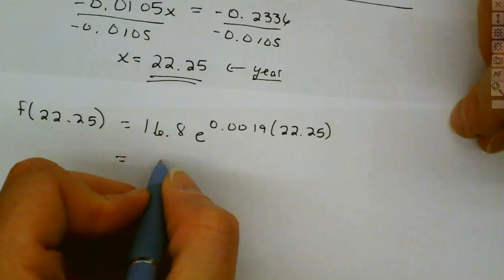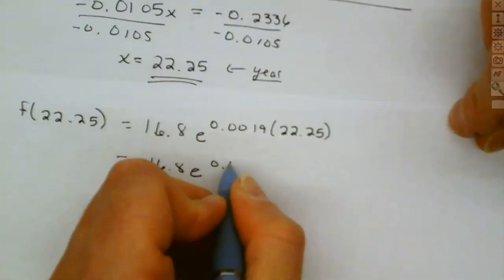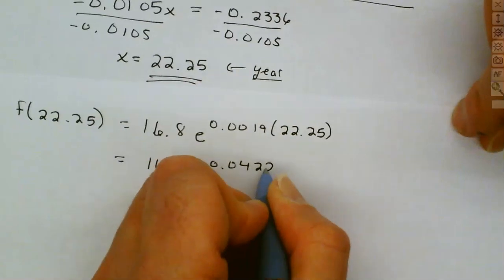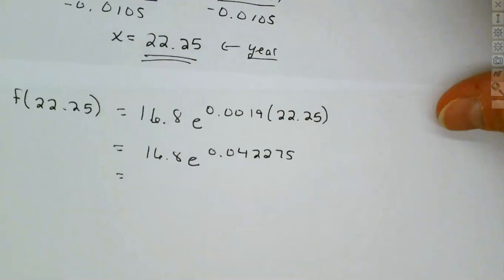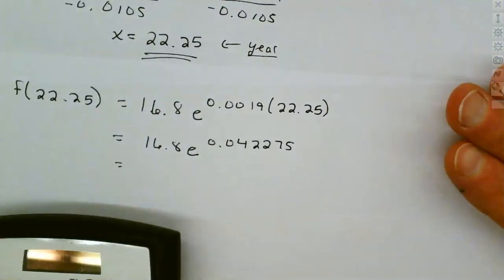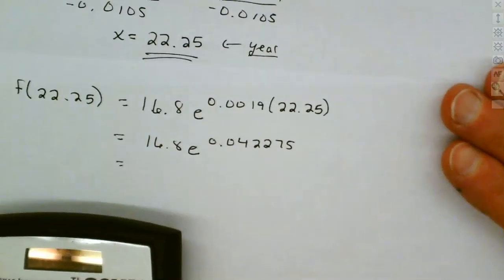That gives you 16.8 e to the 0.042275, close enough. And we'll take that then to the exponential, to the e of it, and work it out. So 16.8 times e